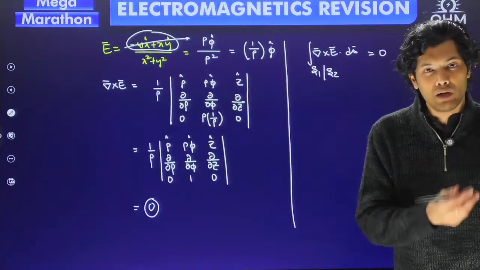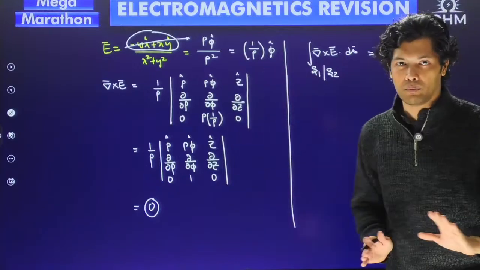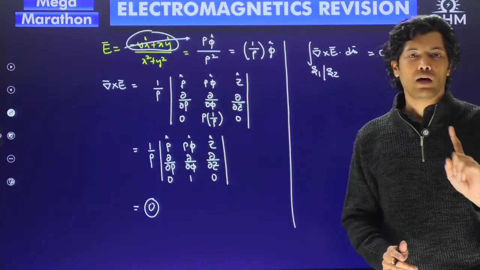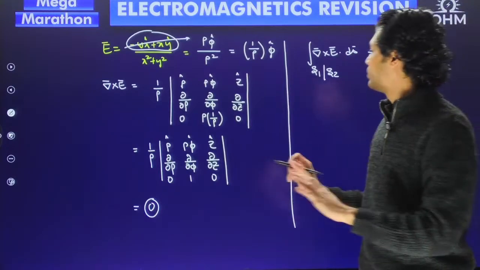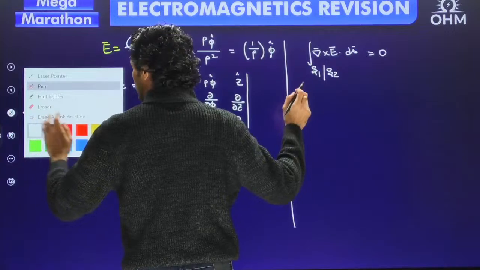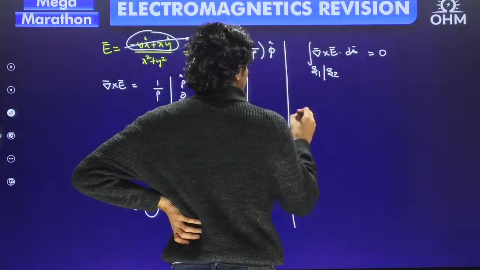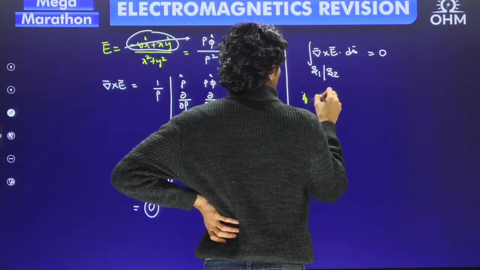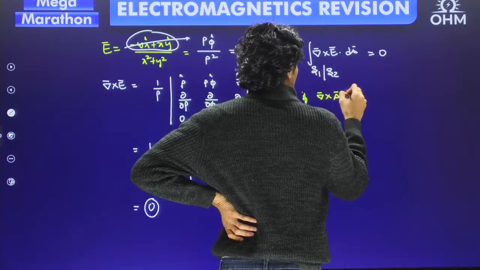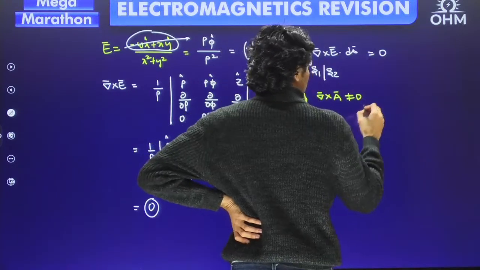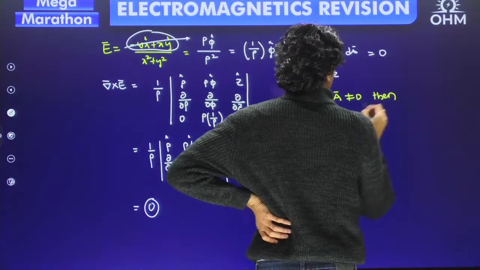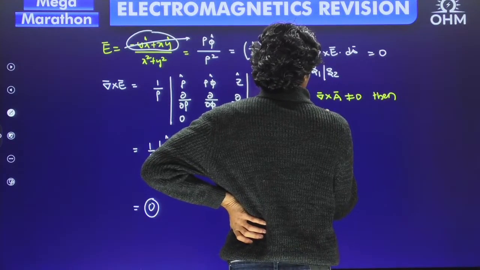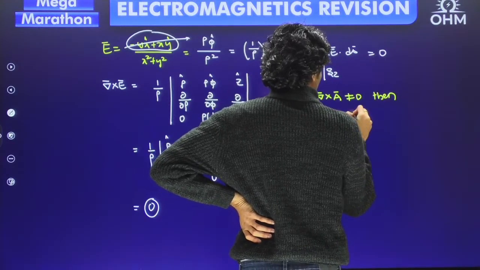And ultimately, whatever answer you get there and here will remain the same. But the only thing is here, the answer will become very simple for you. So I would always suggest, if the curl is non-zero, then perform the integration